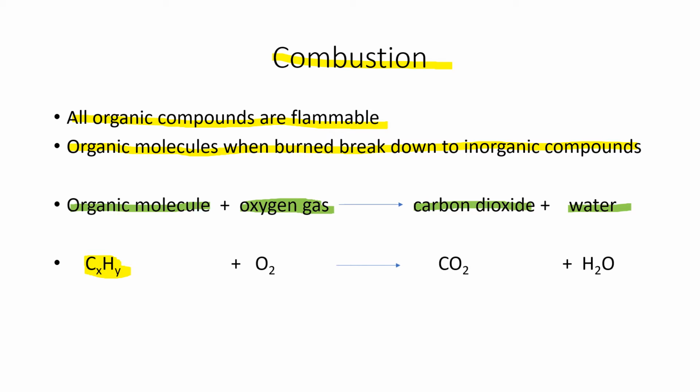Any organic compound that contains carbon and hydrogen is potentially flammable. It'll burn with oxygen gas. It'll make carbon dioxide and water. So these are our least useful reactions because they're not transformative into another organic compound. It's not a controlled reaction. It doesn't matter what organic compound we use. When you burn it, you're going to make carbon dioxide and water and destroy that organic molecule. It's not a directed, controlled reaction like the rest of the ones that we're going to talk about.